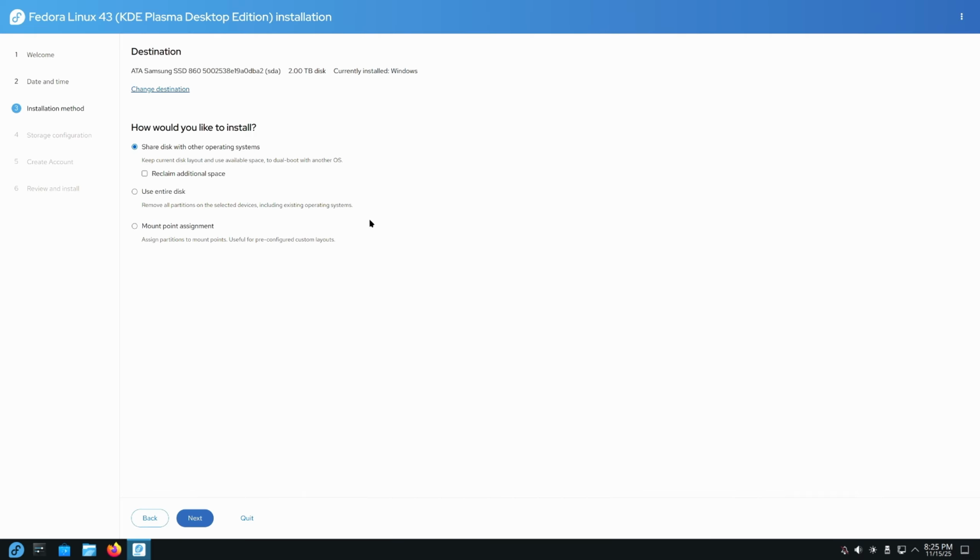How would you like to install? Share disk with other operating systems? I like that they use that wording because you don't necessarily need to dual boot with just Windows. You could dual boot with other Linux distros or what have you. So that's a good language choice. You can see that we have enough space. If we didn't, we would have to check reclaim additional space. That's why we did the partitioning step before we went into the installation proper, so that we would not have